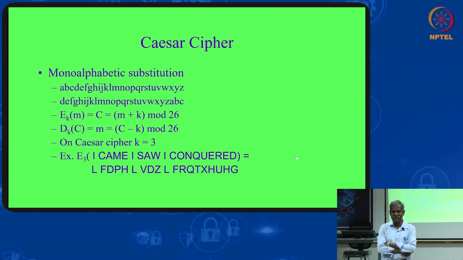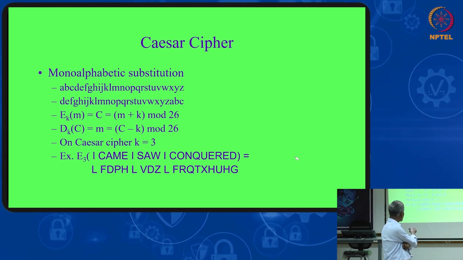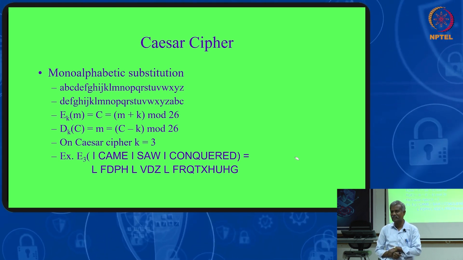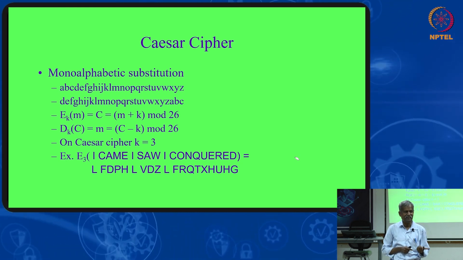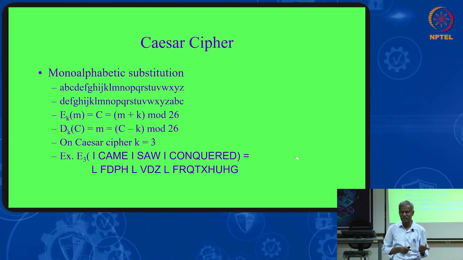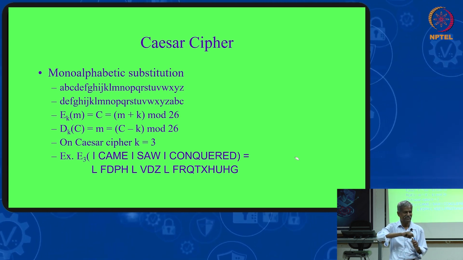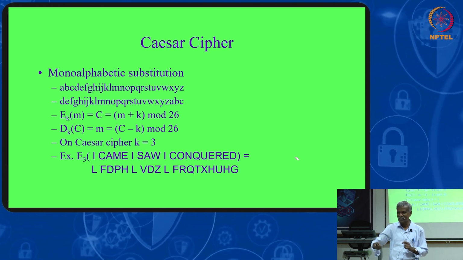One such drama is Julius Caesar. In that, this sentence is coming, I came, I saw, I conquered. In that language, in Latin language, it was veni vidi vici, like that it is written. In English it is, I came, I saw, I conquered. He succeeded, he was giving this message. But secretly he wanted to give. He was encrypting and sending the message.